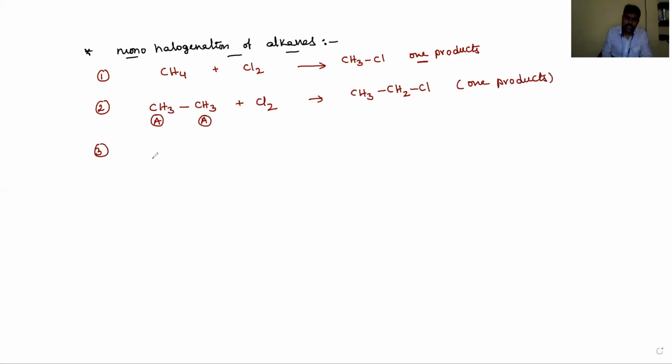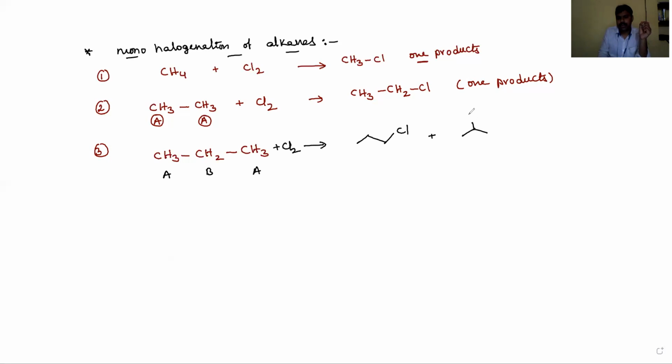Now let's see, dear students, propane. Propane is a 3-carbon alkane. If you observe, propane has 2 primary carbons, the end CH3 carbons, which are similar type. If hydrogen atoms at those carbons are replaced, we get only one kind of product. The middle CH2 carbon is a different type, a secondary carbon, and so we get 2 products,